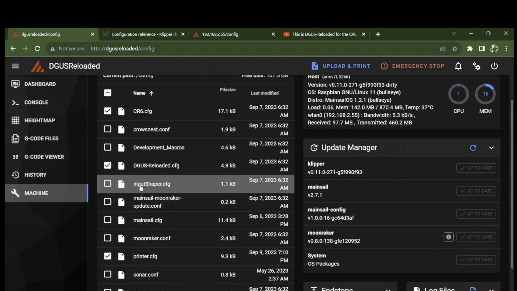Like Input Shaper config contains the information for how to activate your ADXL345 and tell it what to do. And you can disable that by simply commenting out the include statement in Printer.config rather than having to delete everything, put it somewhere safe, and bring it back later. So anyway,